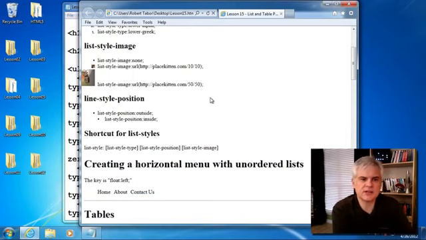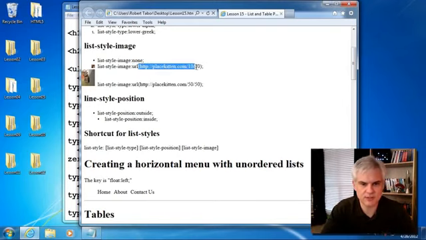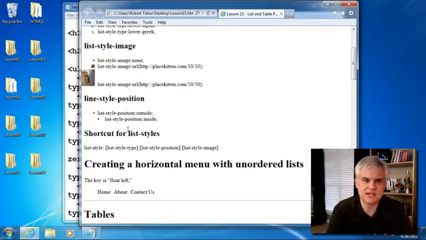There's also the ability to create a custom list item. So using the list style image, we can use an image instead. So I just use a URL with an open and close parentheses and then point to a valid URL. We talked about placekitten in the previous lesson, so I'm just using a 10 by 10 placekitten and a 50 by 50 placekitten to show how each of them could be used in a series